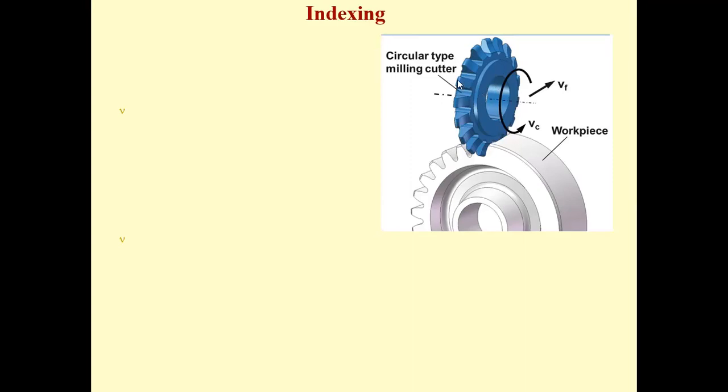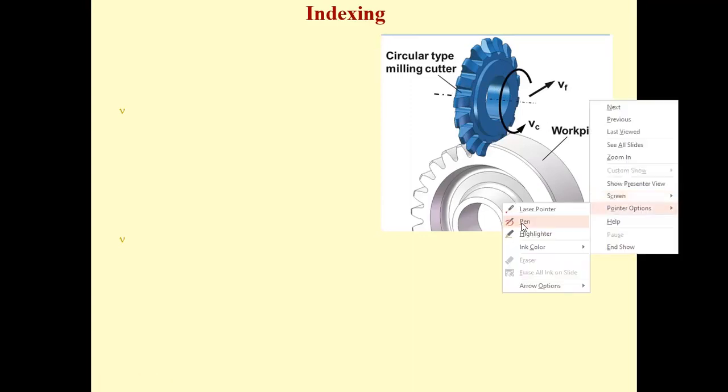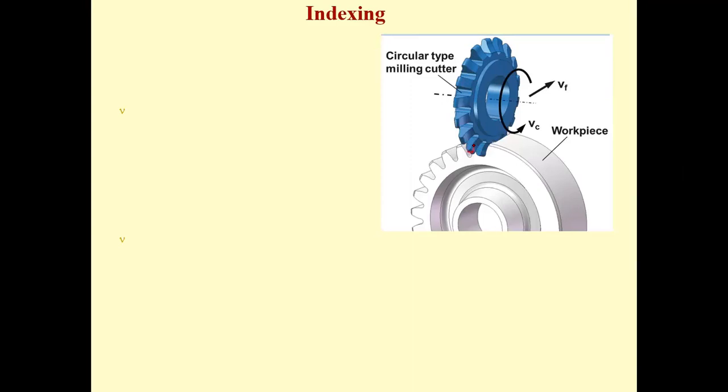Whatever the shape of this cutter, it is similar to the gap you're cutting. If you see the shape of this tooth, the shape of this milling cutter is similar to the gap. So this is the same thing, right? By rotating continuously, by giving some feed and depth of cut, gradually you are removing the material. Like this, 40 times, if you cut the material from your circumference, finally you're going to get your gear. So in this, what we are doing in indexing, because this entire gear is not manufactured at a time, right? So one by one, whatever this gap is there.